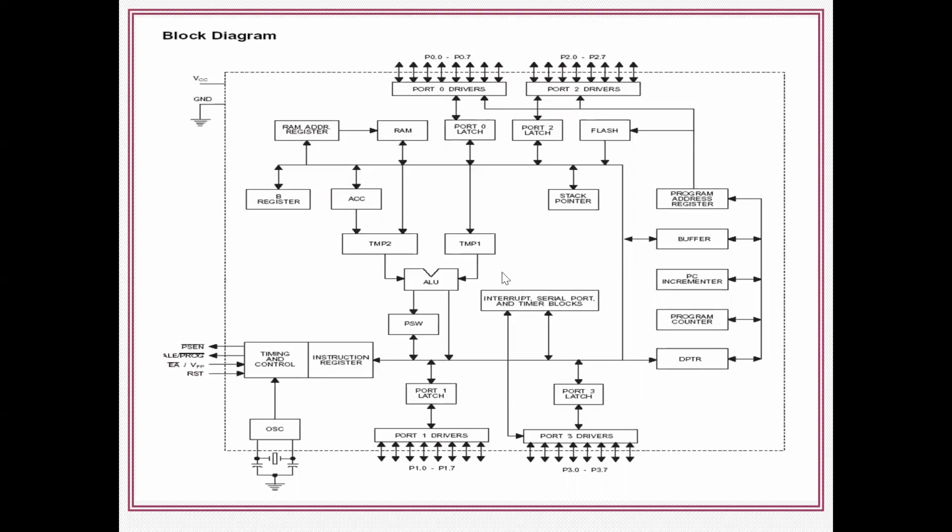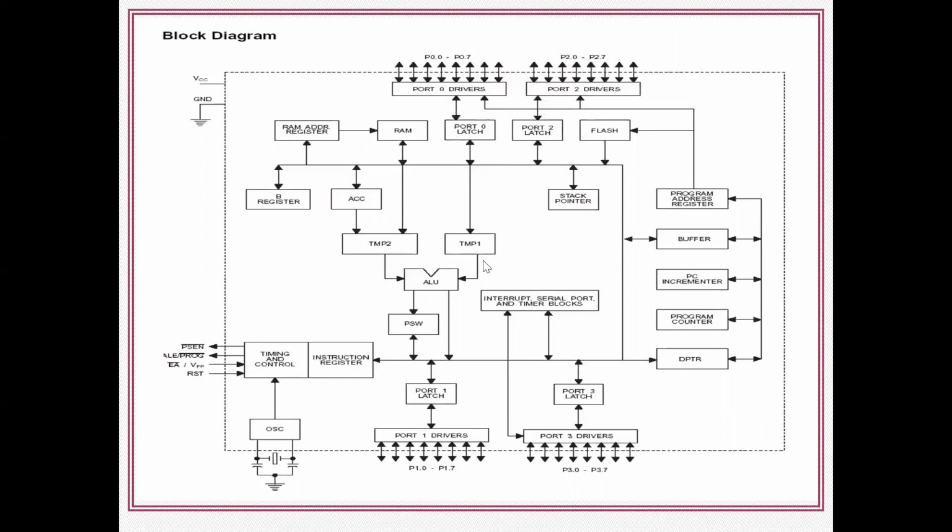Okay. And next one, the ALU, which performs arithmetic and logical operations. This ALU has two inputs and one output. One of the inputs is passed directly from the accumulator, and optionally it is connected to the temporary 2 register. The second operand is passed to the temporary 1 register. These two are the operands or inputs to the ALU. After completion of the ALU operation, it stores the result as specified in the instruction, and flags are set in the PSW.